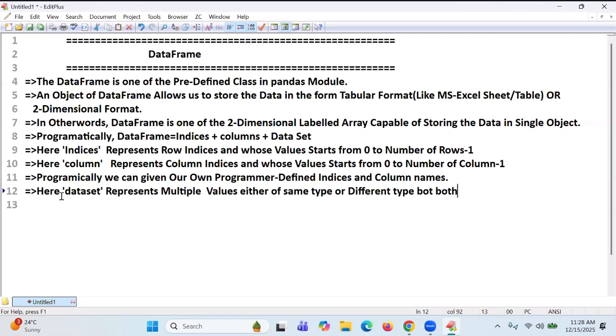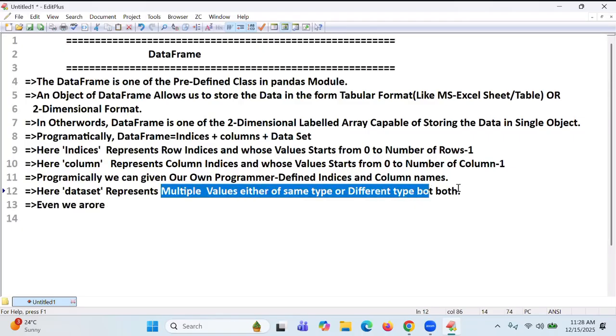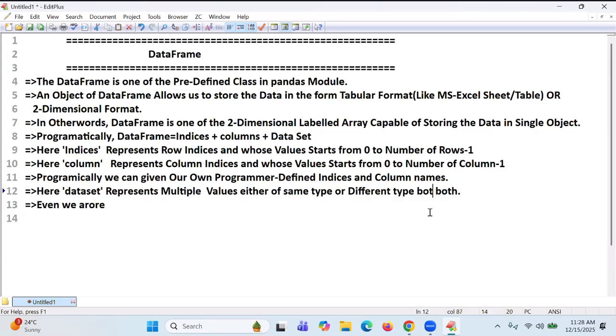Even if we store multiple values of the same type, different types, or both,